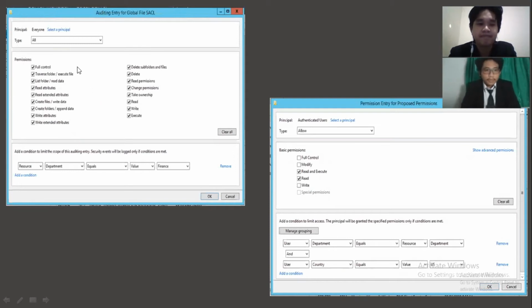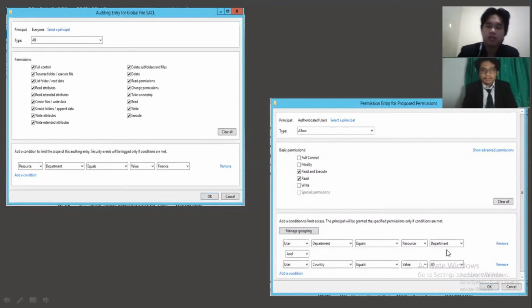For the condition to limit the scope of the auditing entry, we choose resources, department, equal, value, and finance. For the second picture, the permissions entry for the permission, the principal is authenticated users. The type is allow. For basic permissions, we only choose read and execute and also read.